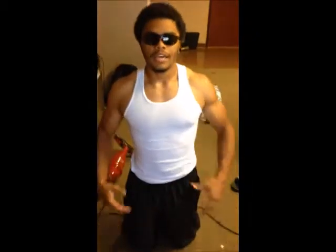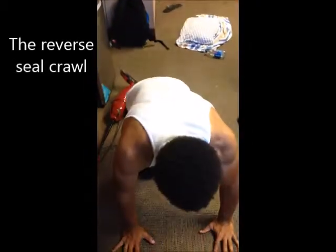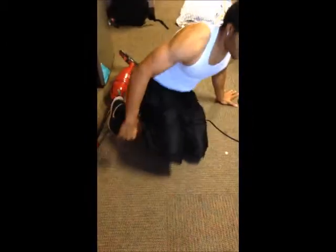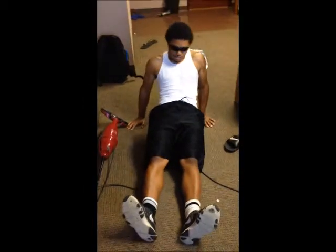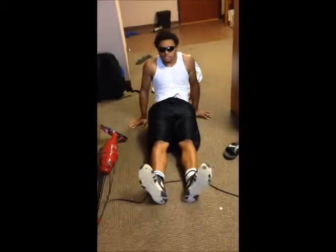Reverse seal crawl is a variation of the seal crawl. Instead of starting in the front resting position with your toes on the ground, you're gonna drag your heels on the ground, sort of like a crab walk. Not really. You're gonna drag your heels on the ground, with your arms being the driving force